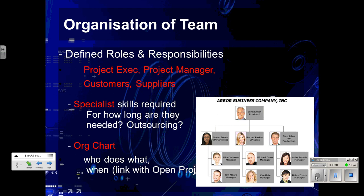Specialist skills. Most of your projects, I would imagine, need someone with some specialist skills or special interest or specialist knowledge. So using my car parts website as an example, I'm going to need a number of different specialists at various points during my project. I'm going to need someone who knows about payment processing so that we can get the credit card details and process that. I'm going to need someone who knows about cars. I'm going to need someone who knows about administrating web servers. I need someone who knows about project management, someone who knows about doing HR, someone who knows about budgeting,